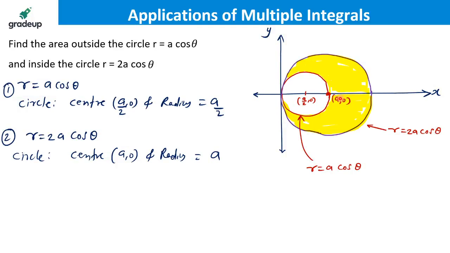See it. This area you have to calculate. Conventionally this is a very easy question. If you know the radius of the bigger circle, you can calculate the bigger circle area and subtract the smaller circle area from it. Easily that can be done. But using double integration, we will be verifying the things here.